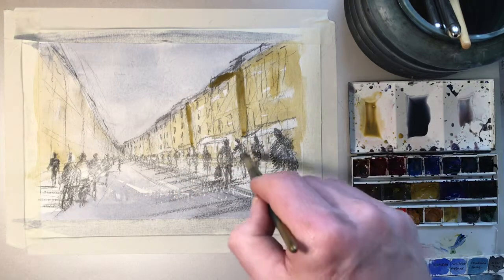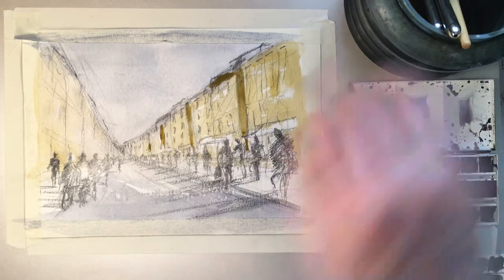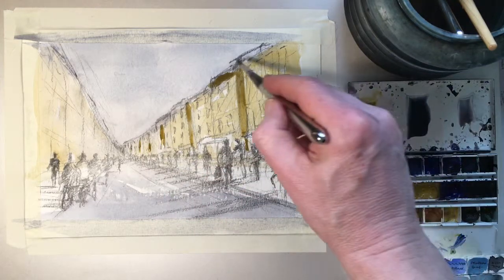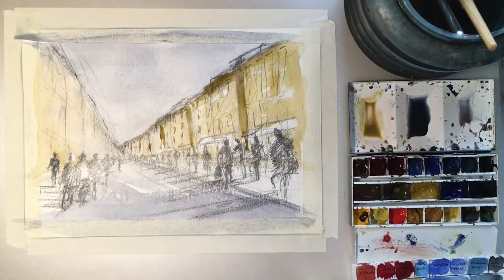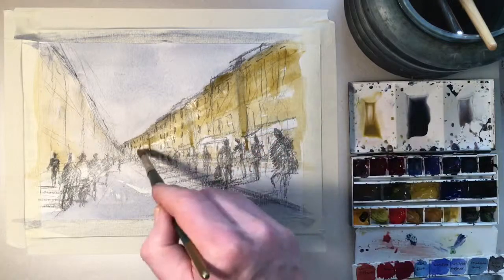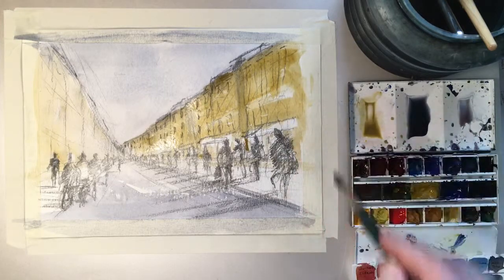It's okay, I don't mind it. I use it now and again, but I tend to pop in shadows in a slightly different way. But for the moment, we're just gonna pop them in by making these slightly darker,